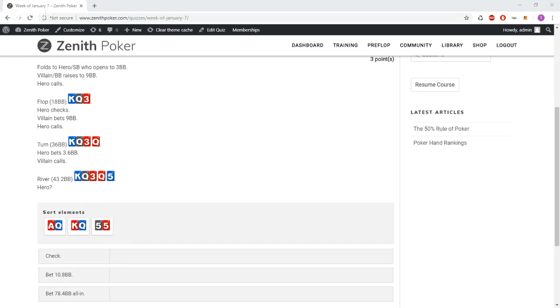If villain has ace king or king jack or one of those hands, then I think check jam is, oh, people would do it. Just as a side note, at a table, people would be like, oh man, it's so sick. They do that whole speech. So I like fives as the...